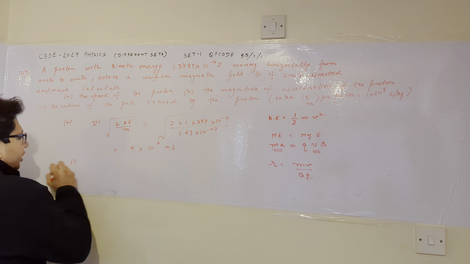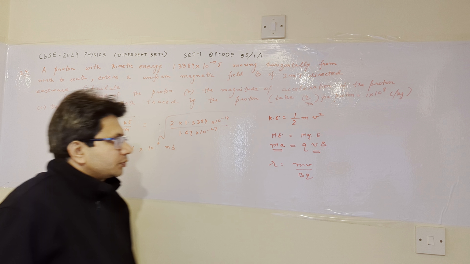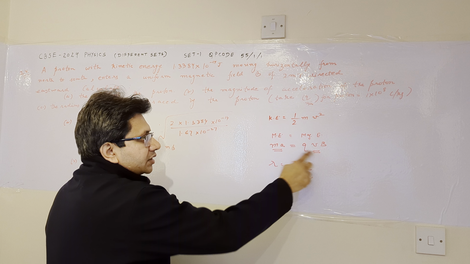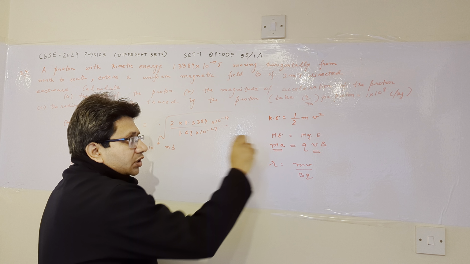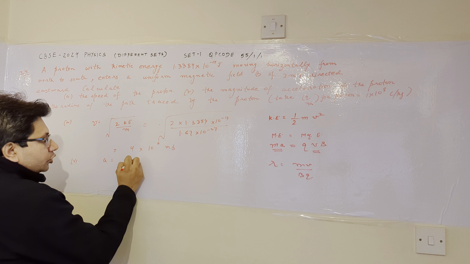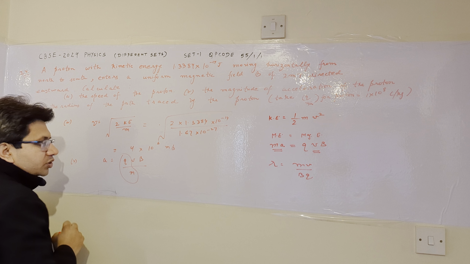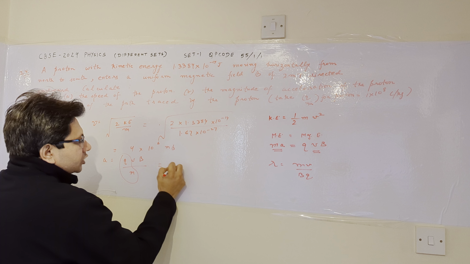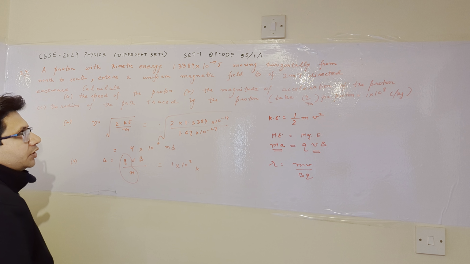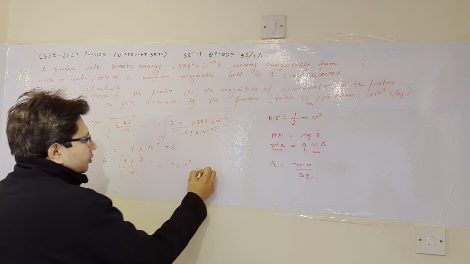Now for the second part of the problem, the magnitude of acceleration of the proton is asked. From this formula, ma equals qvB, by balancing the magnetic force with the mechanical force. So we get the value of a as qvB upon m. Now this q upon m ratio is given to us in this problem as 1 into 10 to the power 8. The velocity of the charge carrier, the proton,